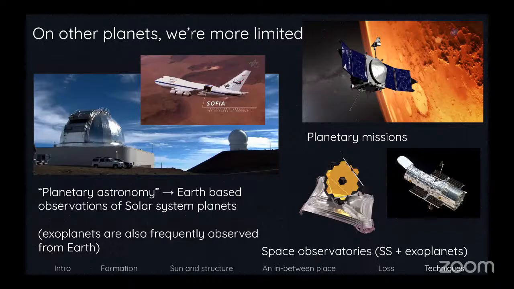So there are three categories of ways we can study atmospheres on other planets, at least in terms of observing them. We can do planetary astronomy, which just means Earth-based observations of solar system planets. We can also, of course, observe exoplanets, planets around other stars, with these observatories. Usually these are on the ground in big telescopes in domes, but we do have this really cool mission called SOFIA, which is a telescope mounted on a plane, and it observes in the infrared and produces really cool data. We of course have planetary missions. That's MAVEN. There are many more missions, but I only have so much time in the talk.